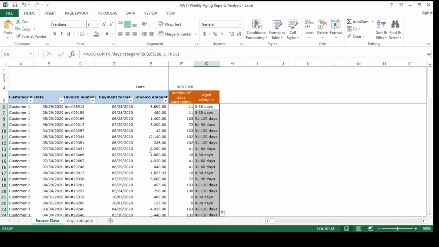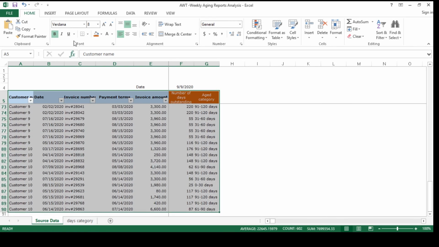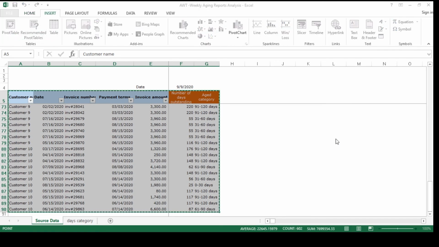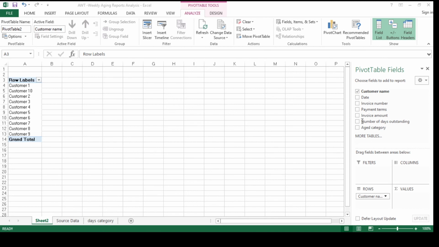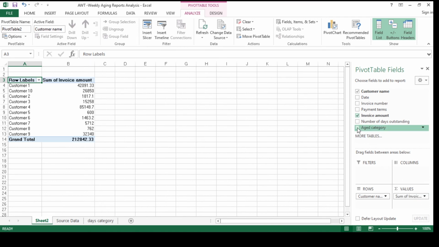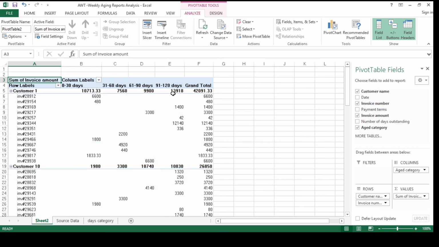Now let's create the aging report by making a pivot table. Highlight all the data and insert pivot table. Hit OK, and let's drag the customer name in the row box, the invoice amount to values, the age category to columns, the invoice number to rows, and let's beautify this for a moment